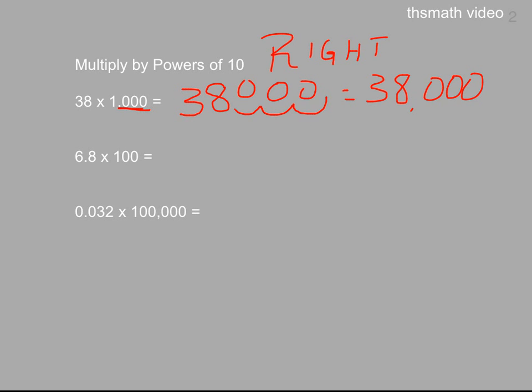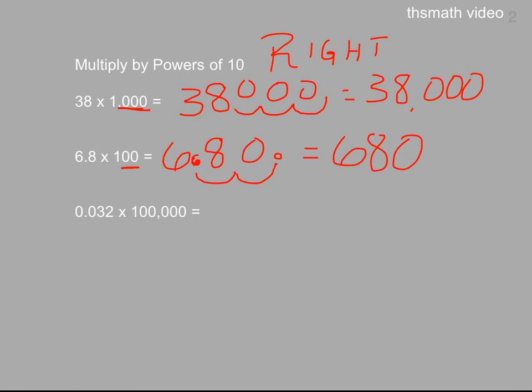And 6.8 times 100, right? There are 2 zeros in 100, so that means I'm moving my decimal point right 2 times. So here's my problem, 6.8, my number here. I'm going to move my decimal point to the right twice, once, twice, add 0 as a placeholder here, so my answer is